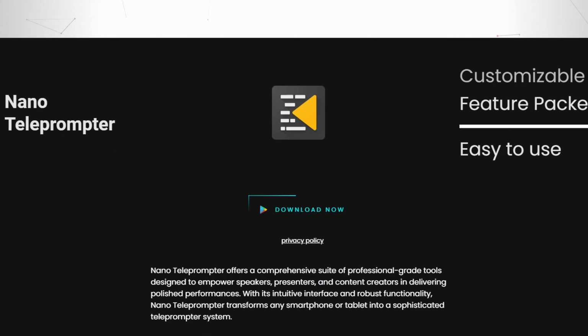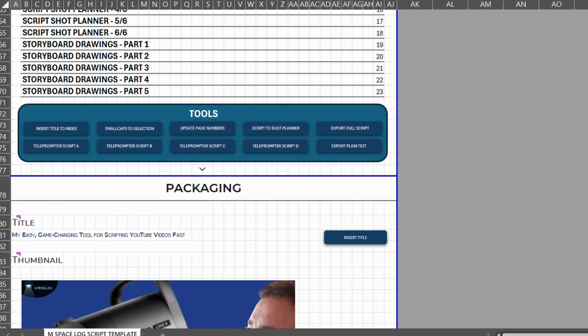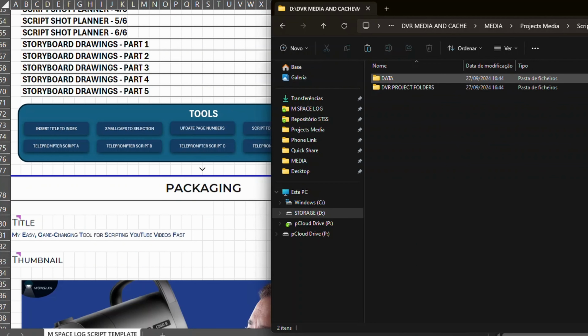But to do that, and especially if you built a full script, you will need a teleprompter, right? What if you could just export a clean Word version of your full script to use with any teleprompter app that reads from a Word file? Well, with this tool, you can. Just pick the teleprompter format related to your anchor and the file will create a Word version of your script in the folder you choose.